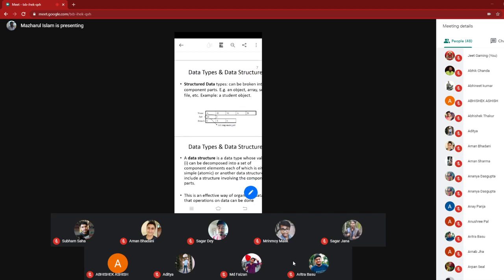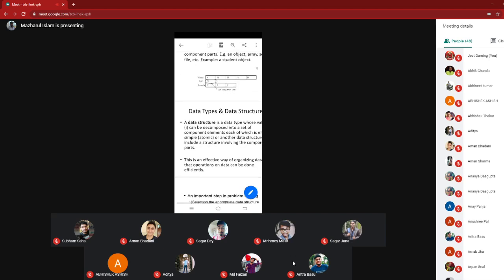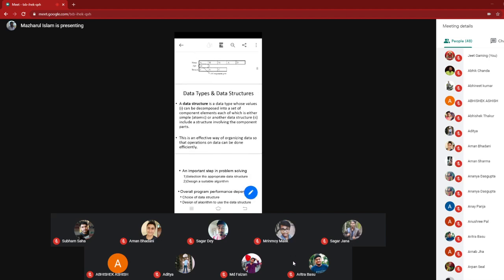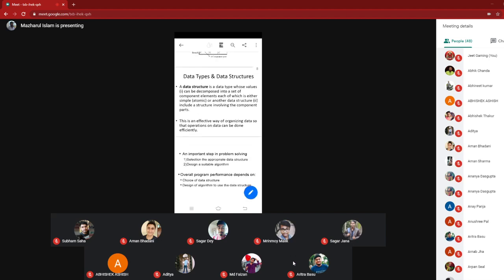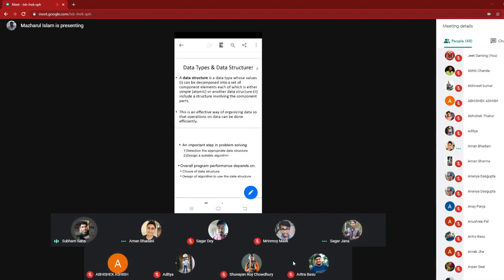Now after saying all these things, I am going to give you the formal definition of the data structure. A data structure is nothing but a data type whose values can be decomposed into a set of component elements, each of which is either simple or atomic, or another data structure.